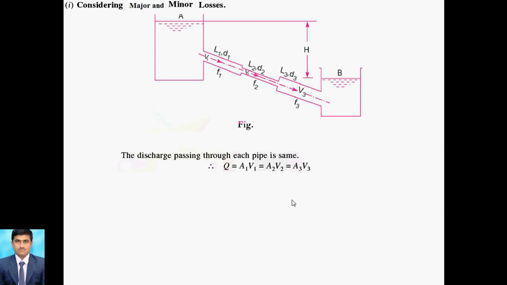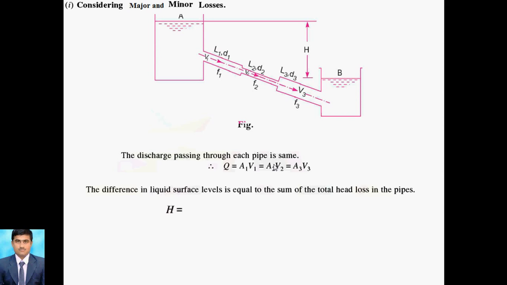That means the flow at the initial section, from point 1 to 3, is the same. That's why we can write Q is equal to A1 V1 is equal to A2 V2 is equal to A3 V3. Only the diameter size and the length change. Now we compute the difference between the two tank levels, that is H is equal to